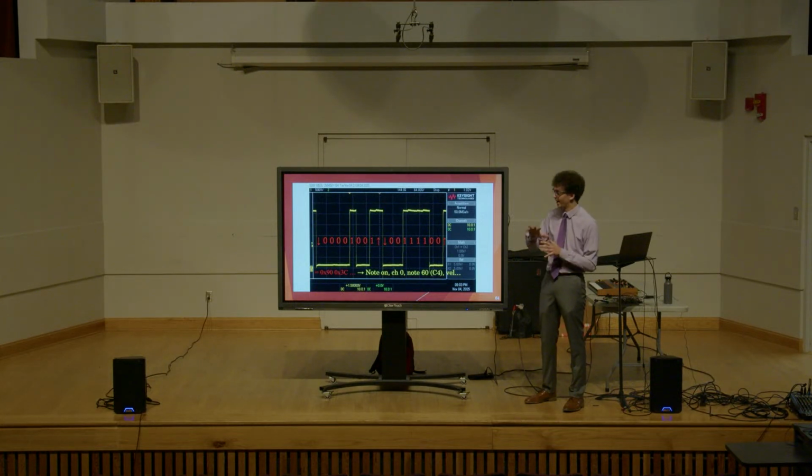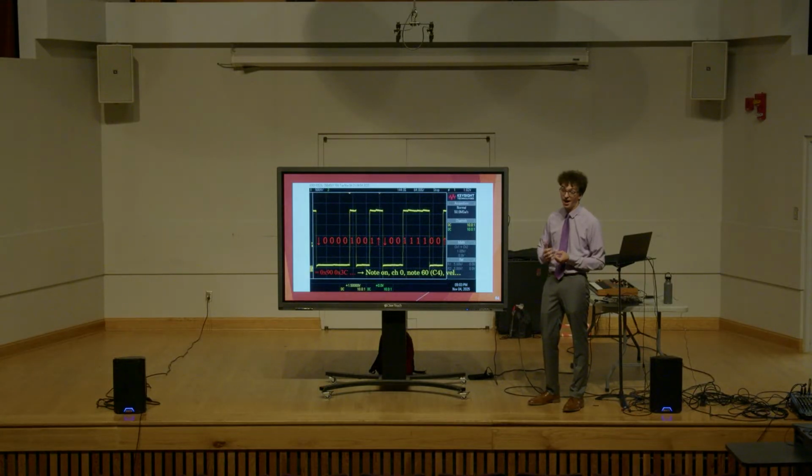So when looking at UART on a screen, you have to read from right to left instead of left to right like you'd usually be used to. So once a UART message is finished, you have that up arrow, you read from right to left to get the actual value. So this specific UART for MIDI comes to the hex code that is indicated at the bottom of the screen there, and that